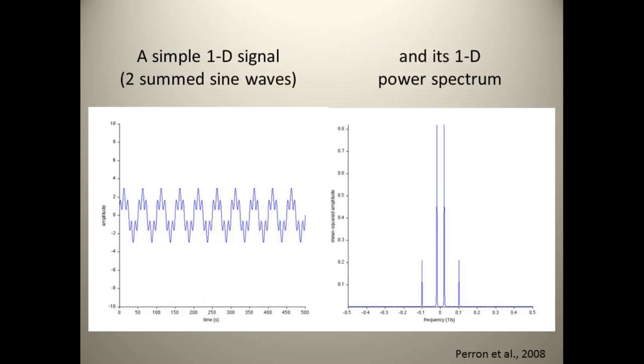And so essentially what I'm doing is I take a picture and break it up into different frequency components. So we could imagine having, instead of a picture, a line, and this line has different frequency components. The line itself might look like two sine waves added to each other, but when I look at its power spectrum, I can see that there are two specific frequencies that correspond to this, and that if I add up waves with these frequencies, I can recreate this line. And that's what I'm attempting to do with the images as well.